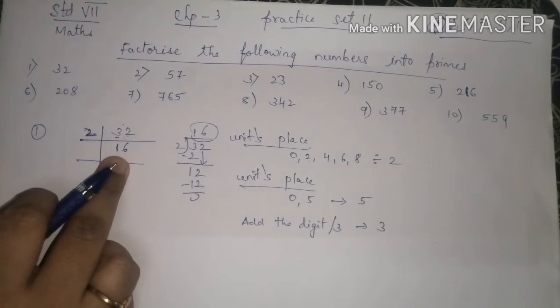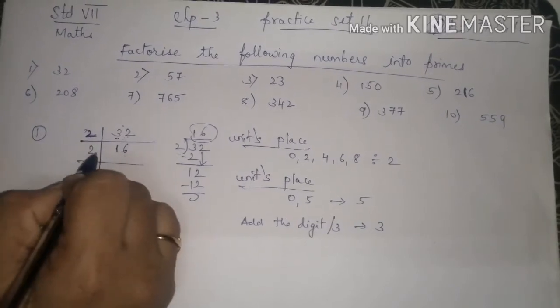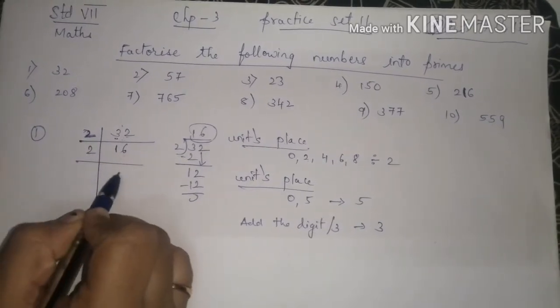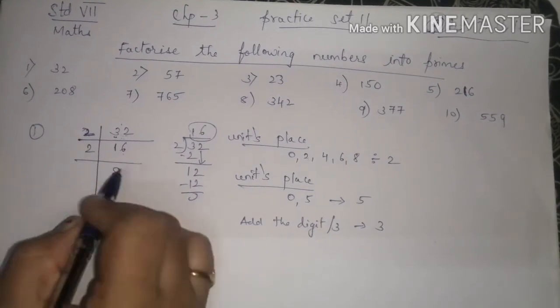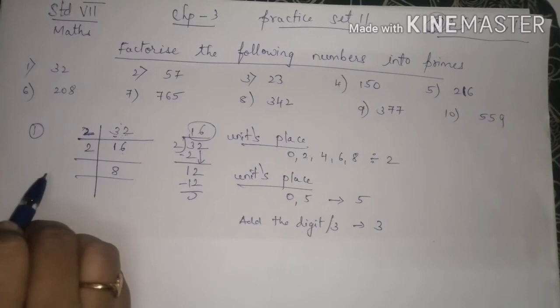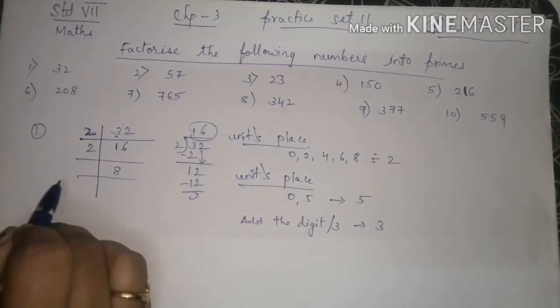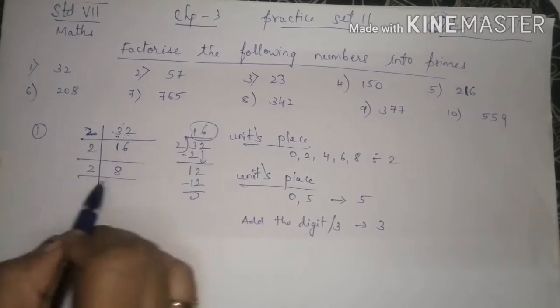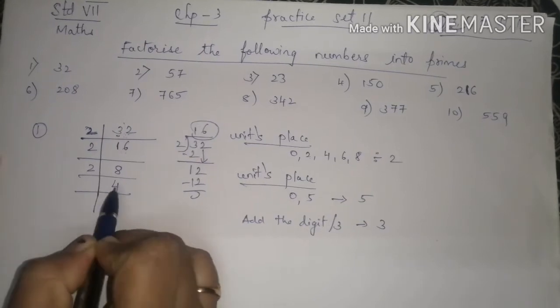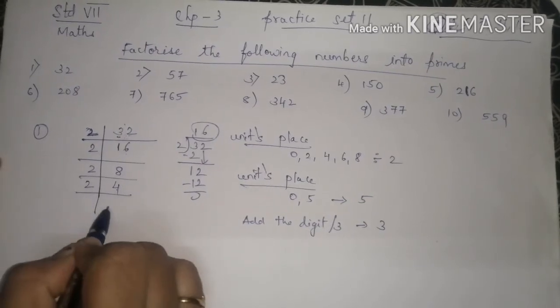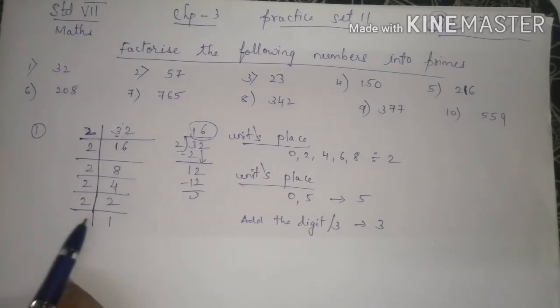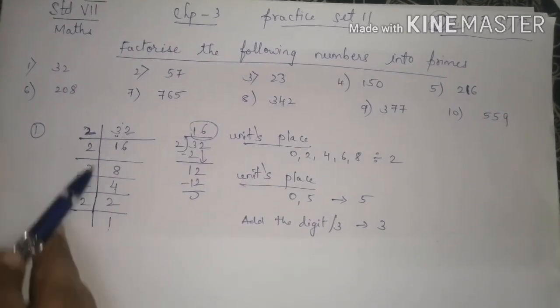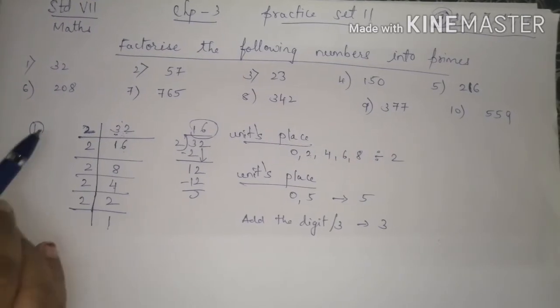Now again 16 will come in which prime number? Again it will come in the table of 2. So 2 times what is 16? 2 eights are 16. So 8 goes below that. Again you have to think which prime number 8 will go by. It will go by 2 only. 2 fours are 8. 4 again comes in the table of 2. 2 twos are 4. And 2 comes in the table of 2 only. 2 ones are 2. So until 1 comes, you go on dividing. At last 1 came, stop now.